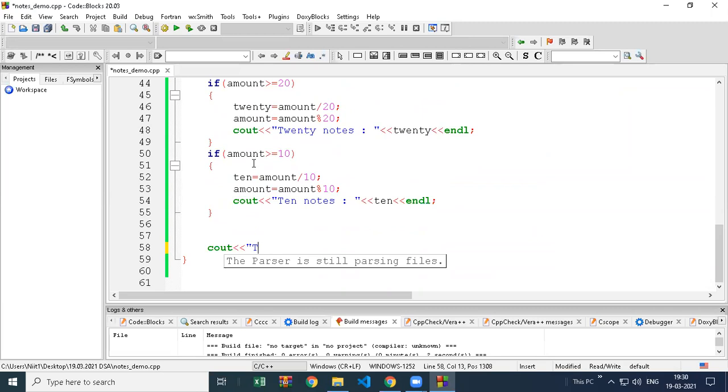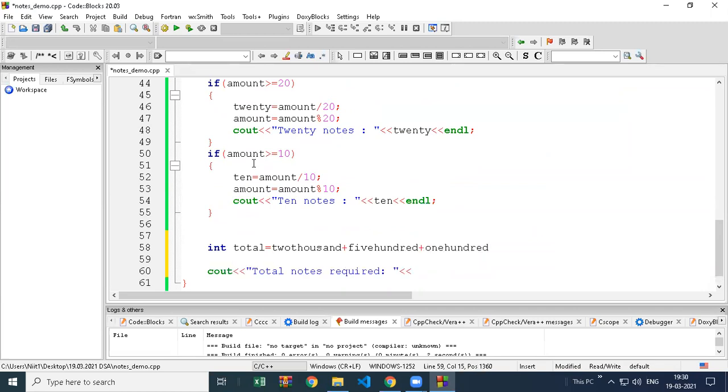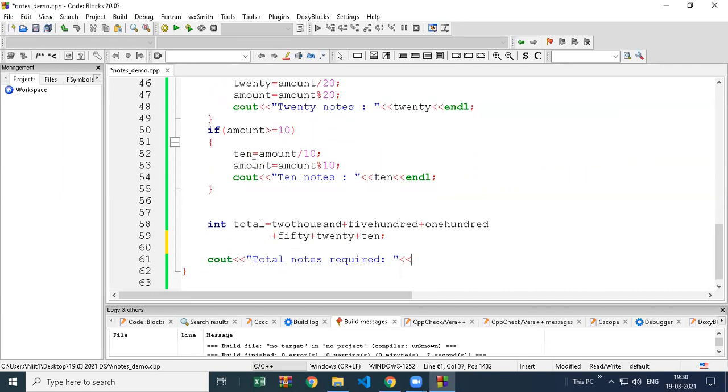So total notes required in total is equal to 2000 plus 500 plus 100 plus 50 plus 20 plus 10, and equal to total. So here that's why I use 0 as default.